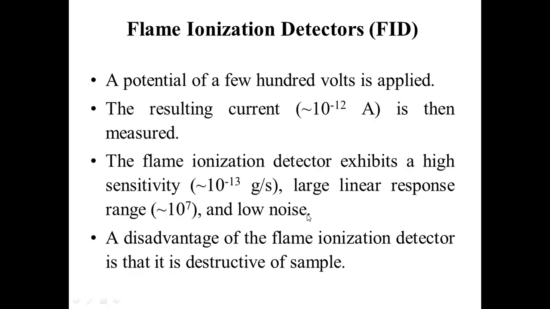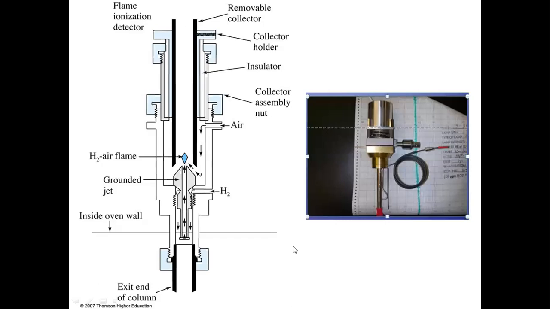Next, flame ionization detectors. Flame ionization detectors function based on a principle that you can understand by forgetting about the detector for now and just assuming a flame, a Bunsen burner. You ignite the Bunsen burner by means of a fuel and oxidant. Air is the oxidant here, and hydrogen is the fuel here. In a Bunsen burner, LPG gas would be the fuel and oxygen the oxidant. You ignite the flame.